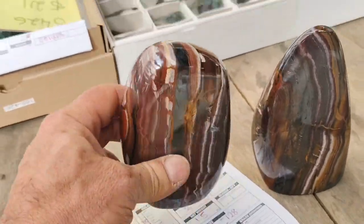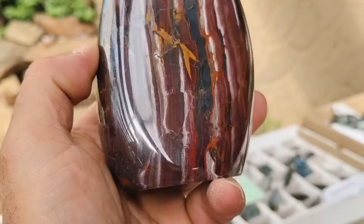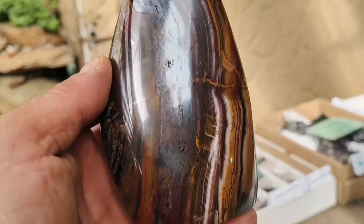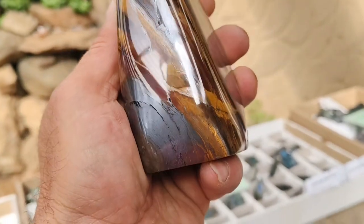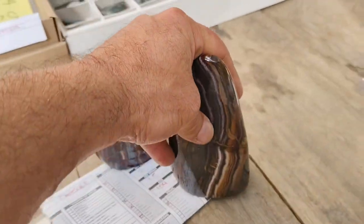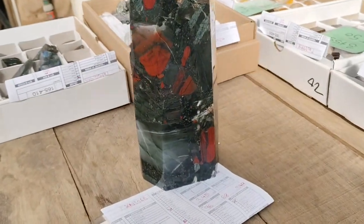And then a little bit more of the banded tiger iron standing freeforms with that generous portion of hematite down the middle. Both these weigh 1.5 kilograms. They call it tiger iron for nothing. Rated as very good to A grade. These 2 little standing freeforms are going to cost $52. That's flat 463. Last item for the day is a large